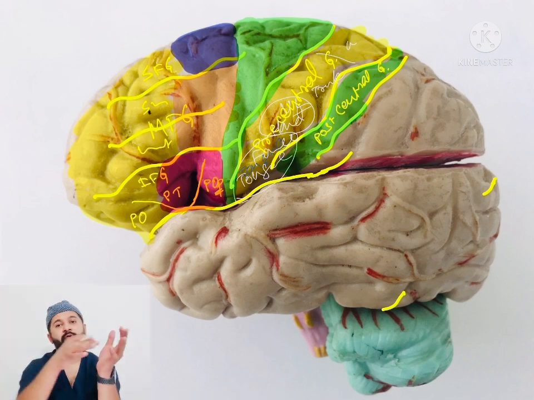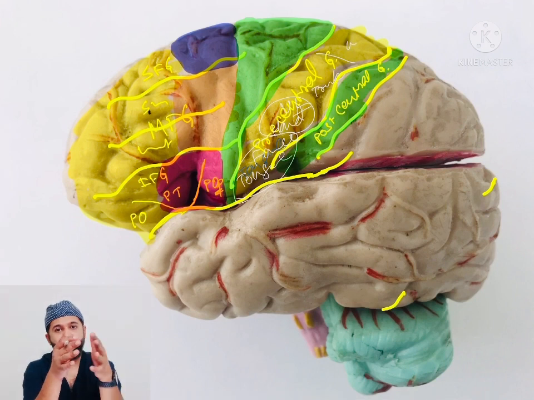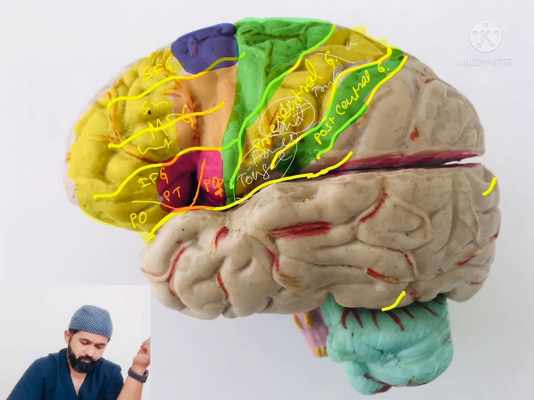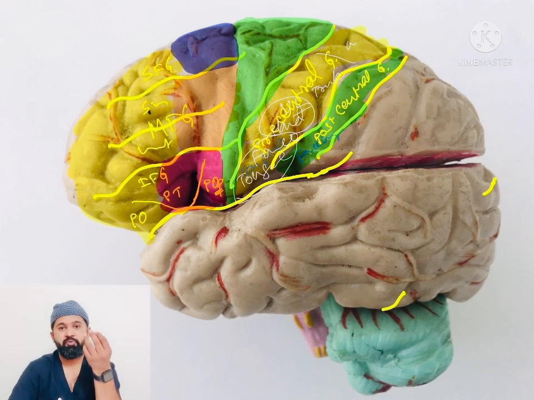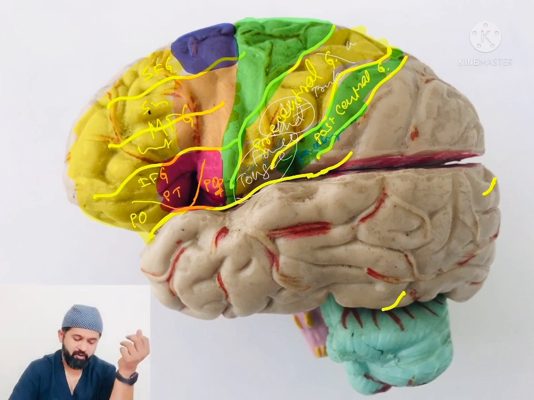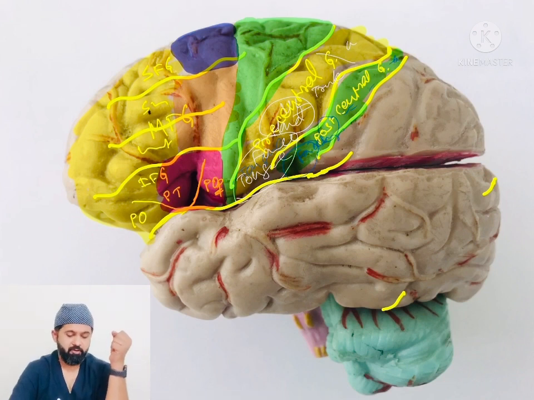Again, like the motor homunculus, we also have a sensory homunculus in which the opposite side of the body is represented in an inverted form. In this homunculus, the lower part, closer to the sylvian fissure, is represented by the face, then the lips, then the fingertips, which are very sensitive. The lips and the fingertips occupy most of the area of the primary sensory cortex. Then we have other areas like the trunk, upper limb, and the leg and lower limb.